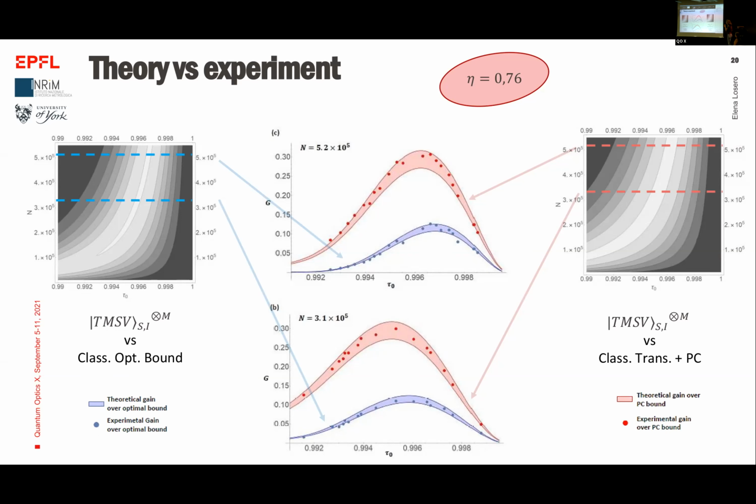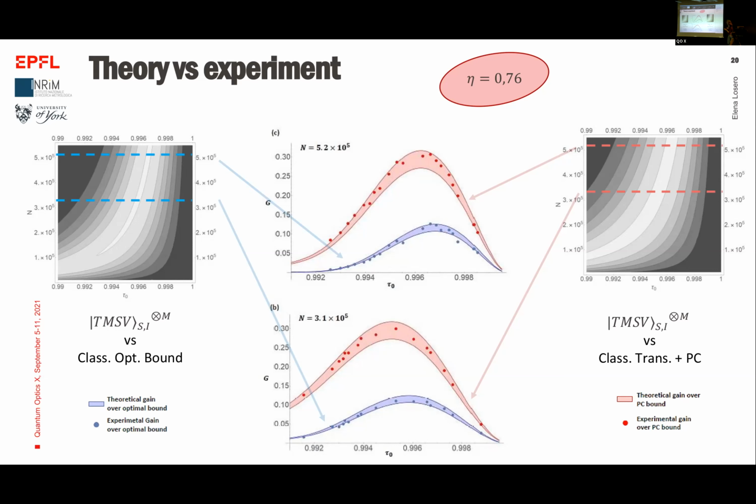There are two different changes that we should observe. One is that by increasing the number of photons, the maximum quantum advantage that we observe is a bit higher, but the region where we observe it is a bit smaller. And this is a trend that we observe. Now, I reported these two values, which are quite similar, but maybe it wasn't the best choice possible, because we also tried a bigger range, and this trend is confirmed. You can see it also here.